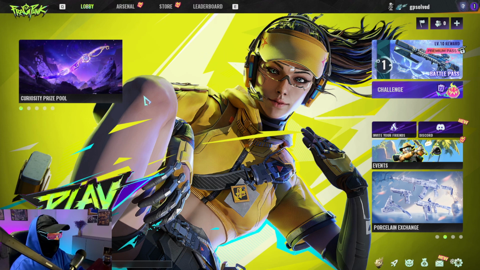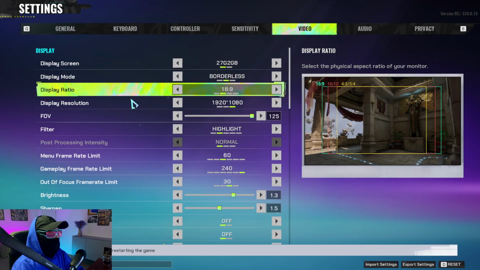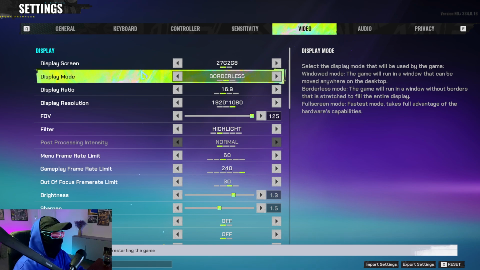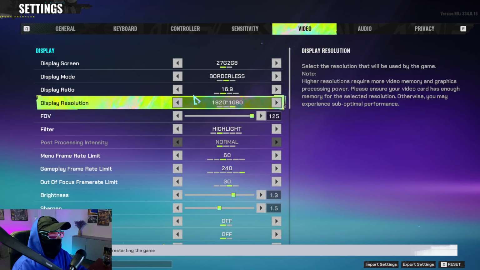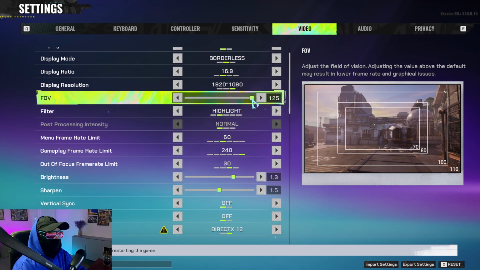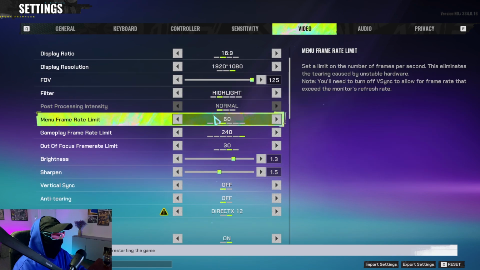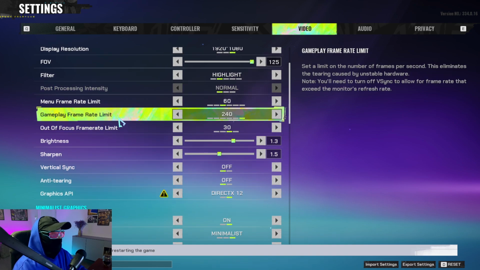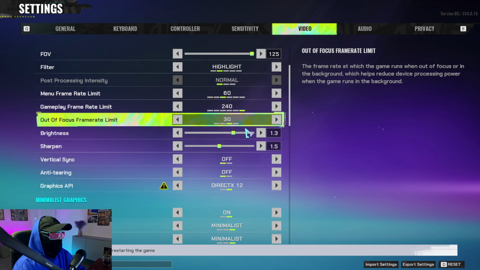First of all, let's go to settings. So press the gear icon, go to video, and then we need to tweak a few settings. The first one, display mode, really doesn't matter. It can be borderless. Display ratio should match your display ratio and the resolution of your PC. FOV, I like to have it on max, 125. Then filter highlight, menu frame rate limit 60, gameplay frame rate limit match your monitor's, autofocus frame rate limit 30,